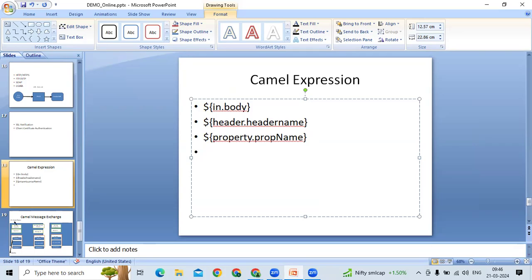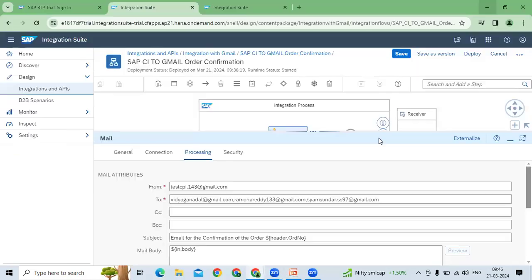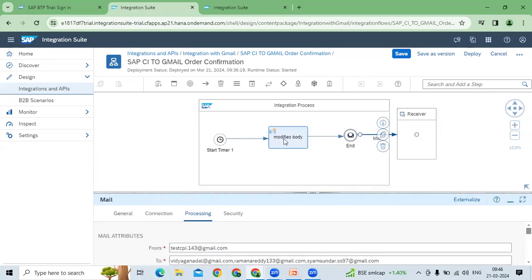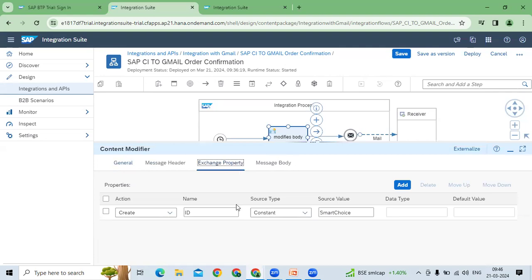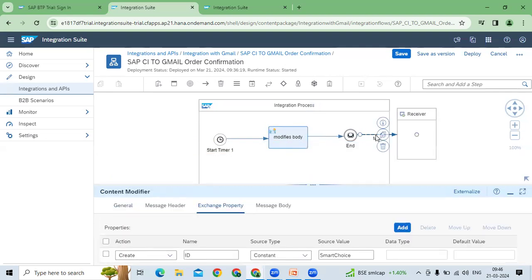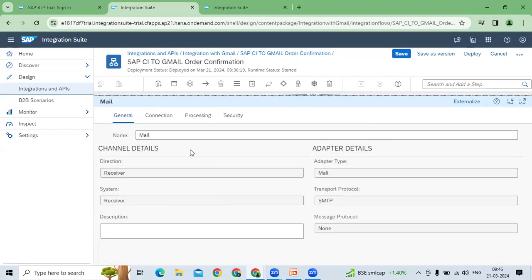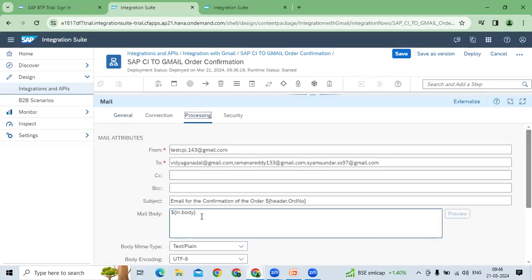So likewise, I will give you some other Camel expressions also down the course. So these are the things we discussed till now. Okay, now let's go here. Order number, so in.body, and also we have defined one more property, right? So smart choice. So what I will do here, the processing I'll put like this: